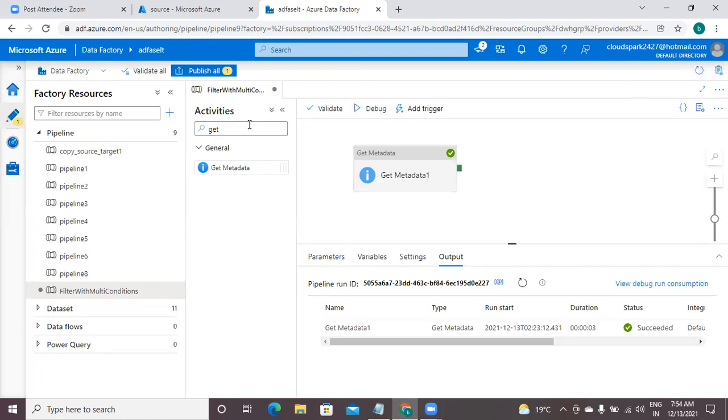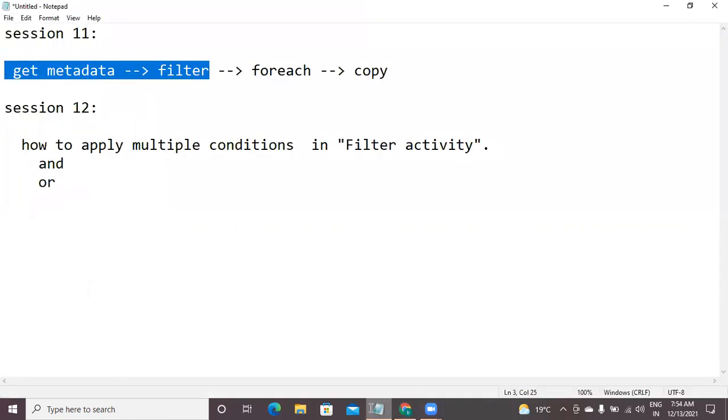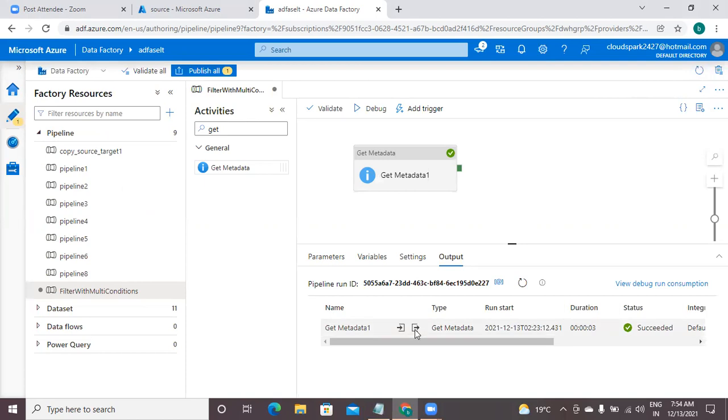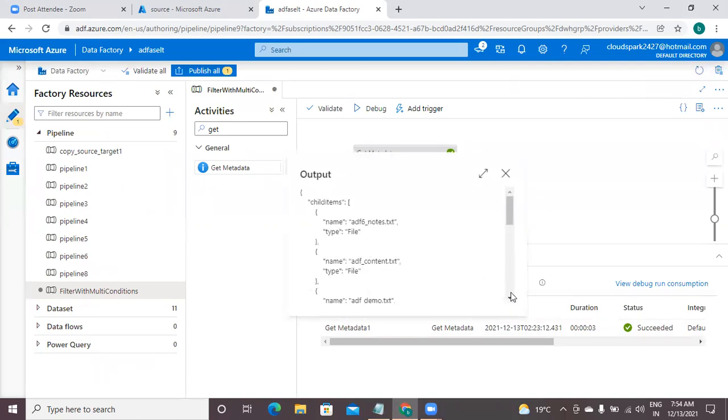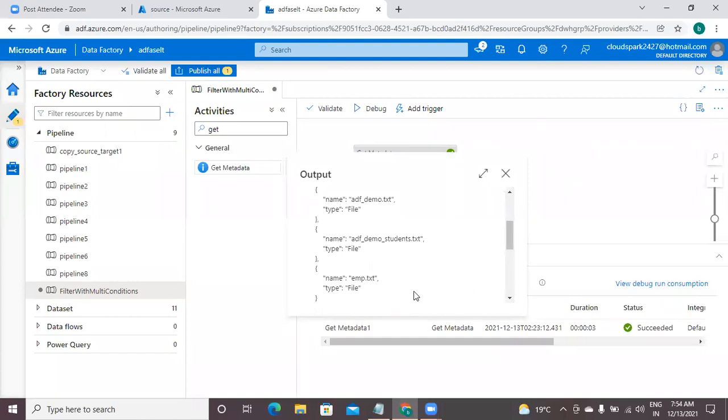Now I am going to apply multiple conditions. Condition matching is, let's check the output once again. Okay, there are names like ADF, ADF, everything.